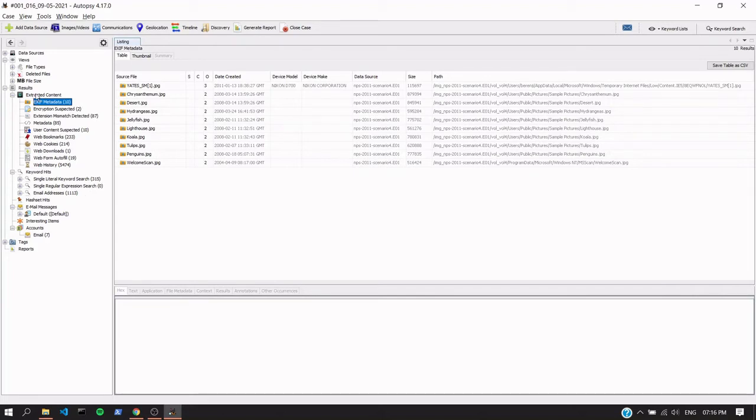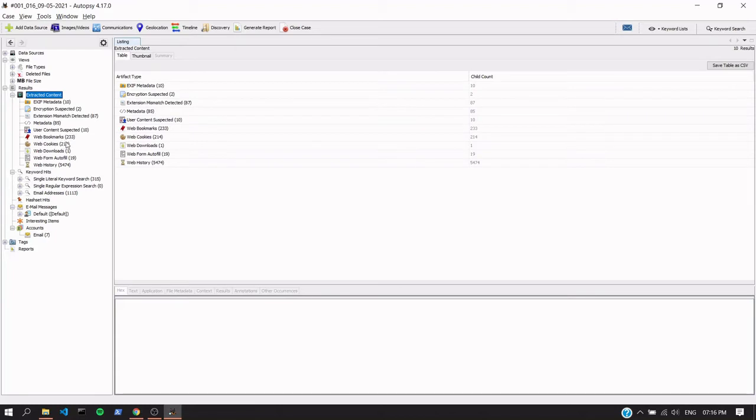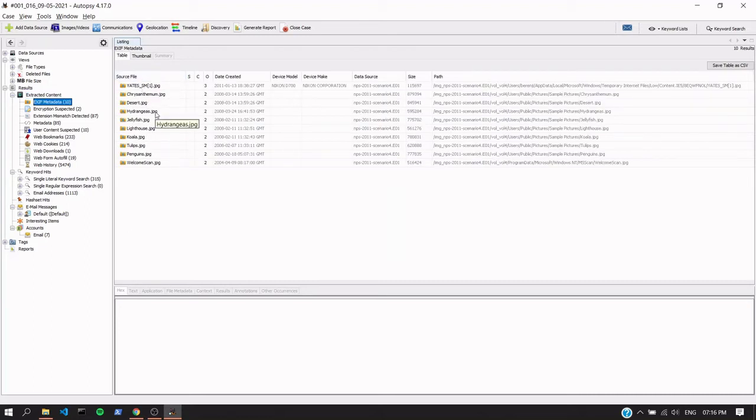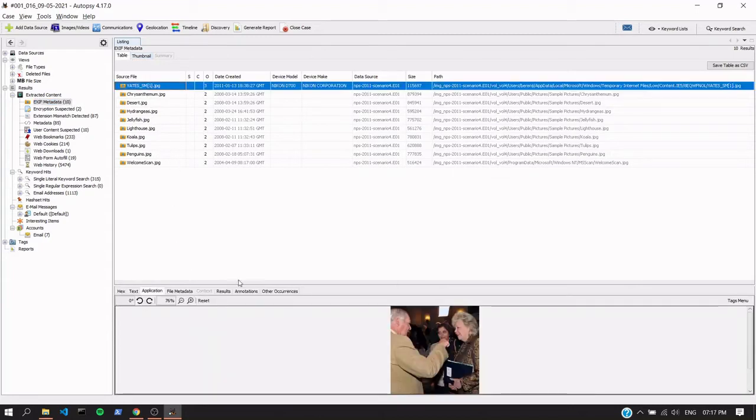Yeah, so the main interesting part starts from here. The extracted content. The entire disk was parsed, and the different modules extracted data according to their functions. So first is the EXIF metadata. As we discussed earlier, EXIF metadata is basically the metadata associated with the image, that is a tag attached to the image.